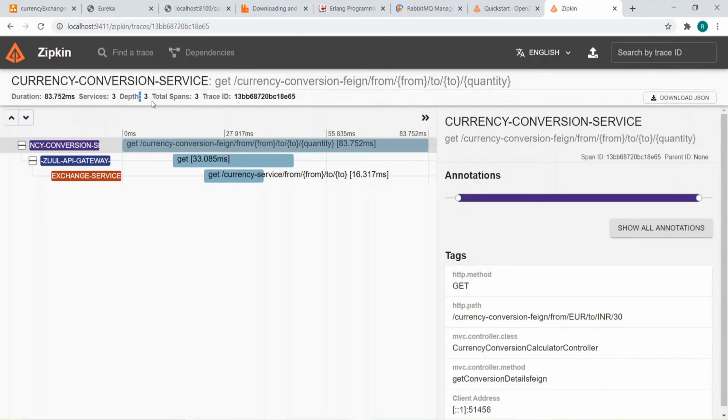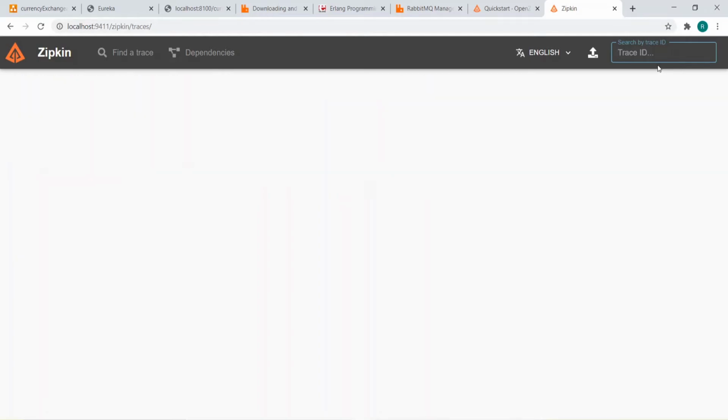services 3 is running, def is 3 means the 3 message has come into the queue. And if you show by the trace ID, let's enter here. If you see what is coming, what values are coming, no value, right?